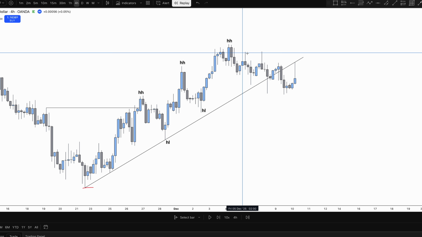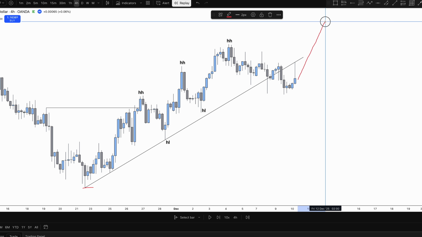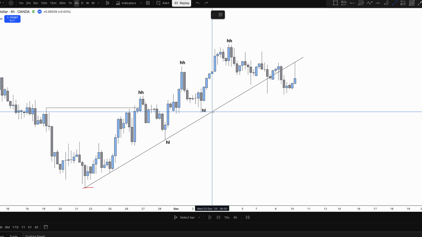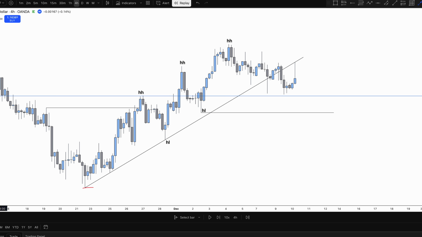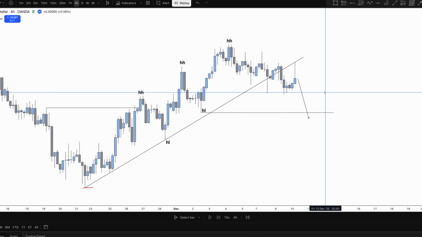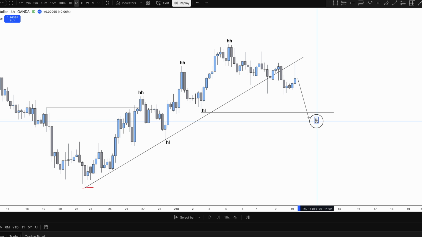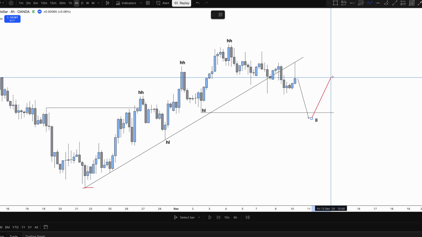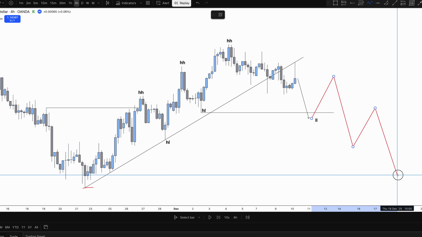We can see that with our own two eyes. It's very simple, okay? If this market then continues to make higher lows and higher highs, that would be a market of which we would want to buy. If the market was to break into a lower low, so printing a low that's lower than the previous, for example, in this market, it would look like this. If we were to get a closure down here, that would create a lower low, which would change the overall direction of this market. And what we would want to do then is, rather than looking to take this higher, actually expect a lower high, a lower low, a lower high, and so on and so on and so on